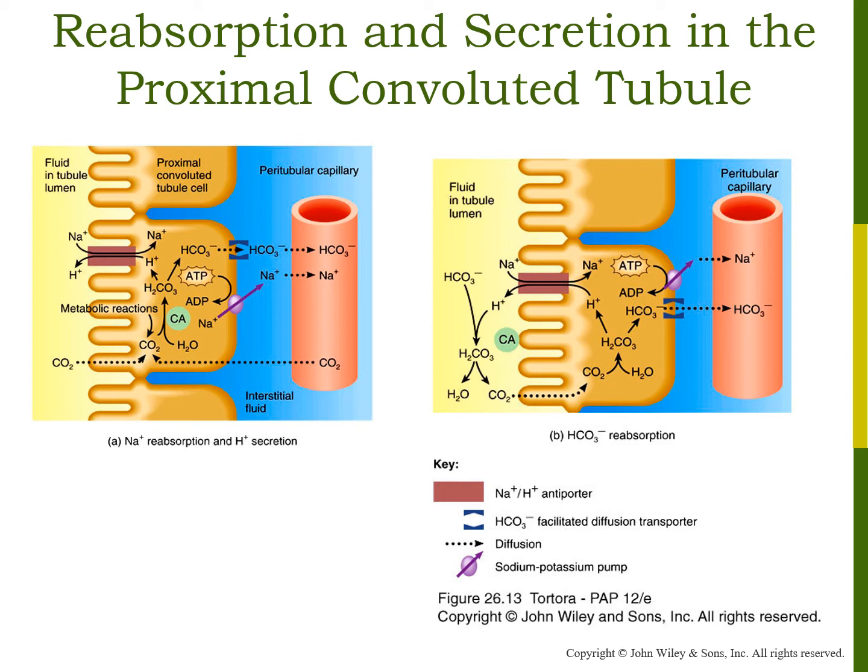Similar reaction occurs as depicted in image B for the reabsorption of filtered bicarbonate. Within the lumen, bicarbonate combines with secreted hydrogen, and carbonic anhydrase forms carbonic acid, which dissociates into water and carbon dioxide. This is carbonic anhydrase located on the apical surface of these cells that faces the filtrate. Carbon dioxide diffuses into the cells and combines with water, forming carbonic acid, which dissociates into hydrogen ion and bicarbonate,